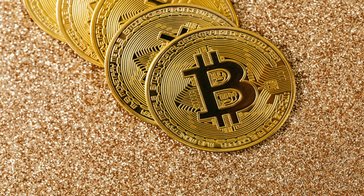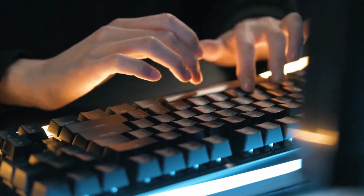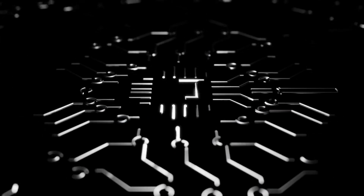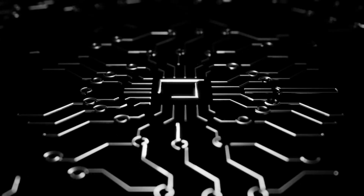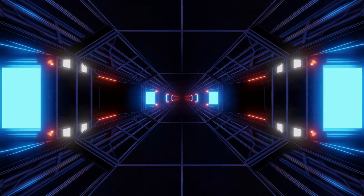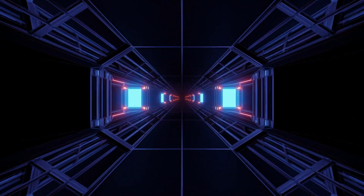Blockchain technology is most commonly associated with the digital currency, Bitcoin. Bitcoin was the first application of blockchain, and it uses the technology to securely record transactions of the digital currency. However, blockchain has many other potential uses beyond just digital currencies. For example, it can be used to create secure and transparent supply chain management systems, or to securely store and